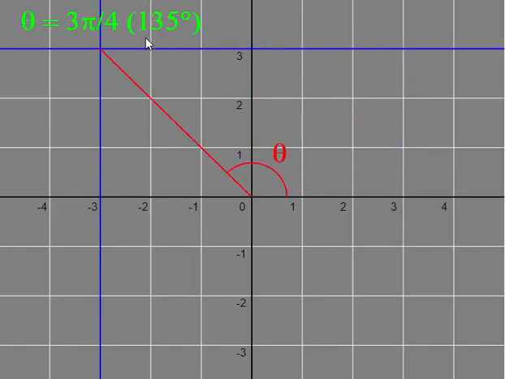Then we get a larger angle. And if we take the arctangent of 3 over minus 3, our calculator will give us this angle here, which is minus pi over 4 or minus 45 degrees, whereas in fact we want 3 pi over 4 or 135 degrees, which means we're going to have to add pi or 180 degrees to the angle that the calculator gives us. Now what happens if y becomes minus